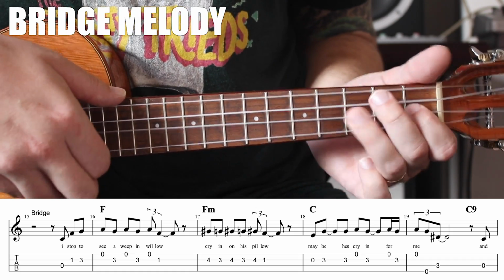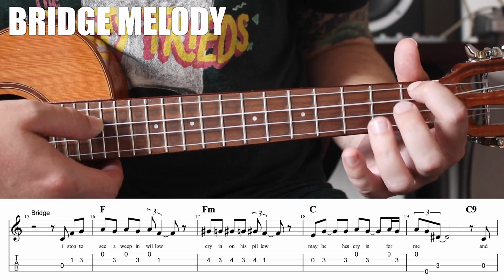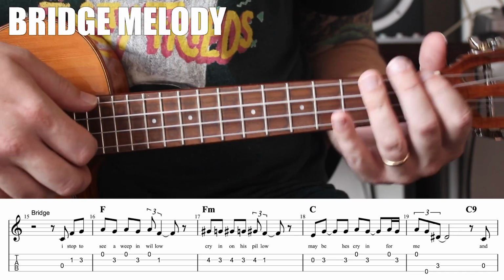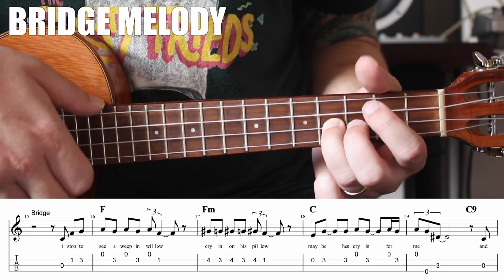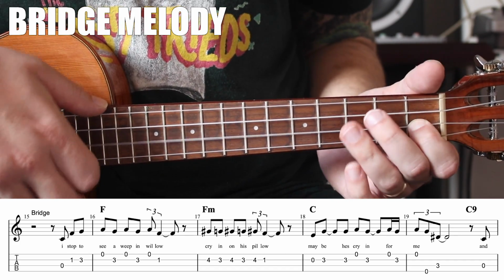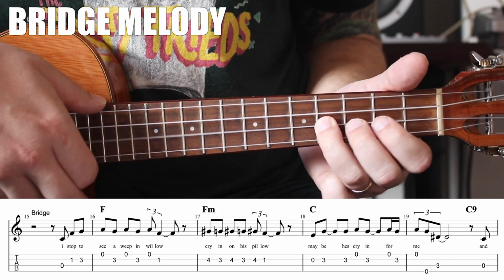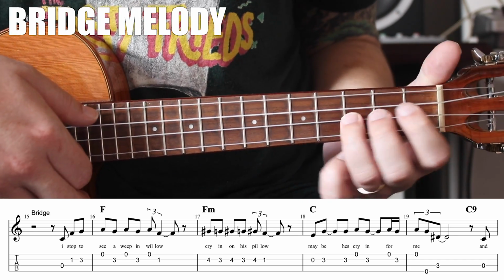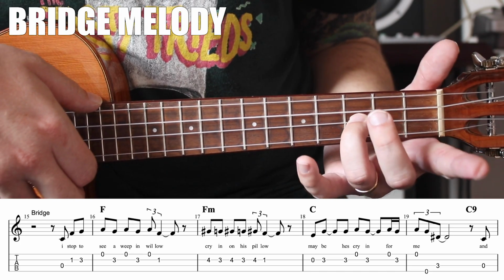crying on his pillow. That's an interesting part because it's over the F minor. That's why they're taking advantage of this G sharp note. 4, 3, 4, 3, 4, 1. Crying on his pillow. The next part is open E, 3, 3, open A, 3,